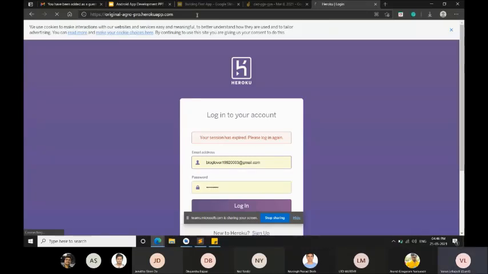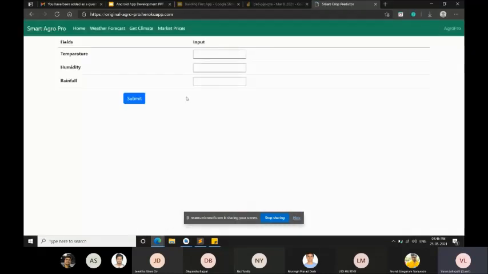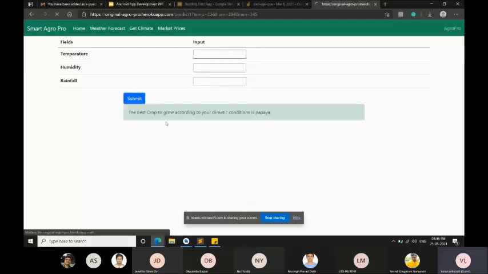The main advantage that I wanted to discuss about this is that this is actually a machine learning model. It is not a single model. It takes the temperature, humidity, and rainfall. So let's say I gave some random temperature and some humidity and rainfall. If I click on submit, it tells me what crop I should grow with these particular conditions. But this output is predicted using so many models. Like I have used machine learning models like random forest. I have used nearly 10 models, and I'm comparing all of the outputs and I'm returning the result.